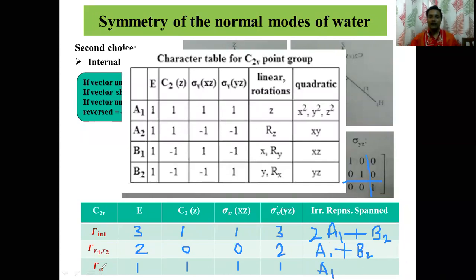And if you go for alpha, then it goes along A1. So that confirms that the bending must be only A1 type, so totally symmetric type, right? So that's what is going to be there, right? Okay, now I'm going to show you the